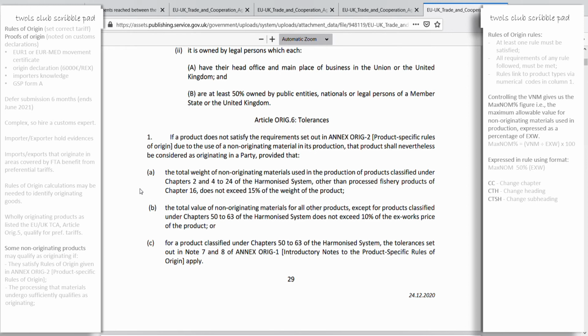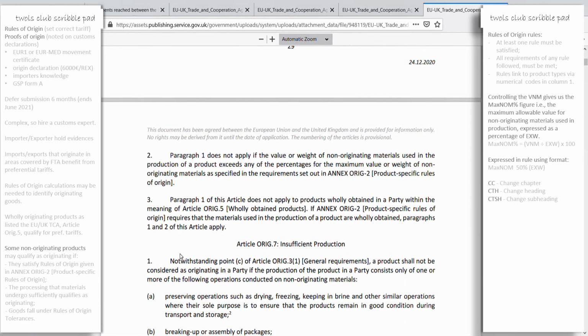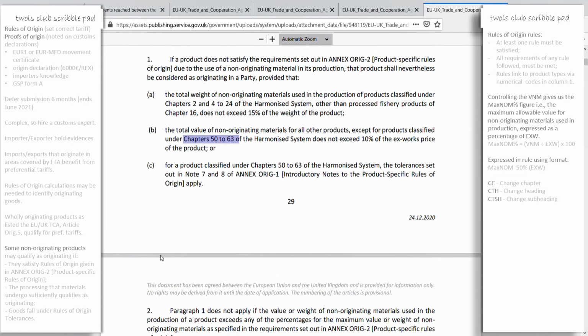I'll not read these out, so pause if you like. But in brief, the given tolerance levels relating to total weight and total value of non-originating materials, components and parts, as used on goods, under the given rules of origin harmonized system chapter heading numbers, we see here, in 1a and 1b here, may come into play when considering the originating status of a product. But also, if you follow up 1c, you will find a list of tolerance conditions relating to textiles. Rules of origin harmonized chapter headings 50 to 63. And just below. Points 2 and 3 down here add further conditions to the use of paragraph 1. And that's fab. Before closing out of here.